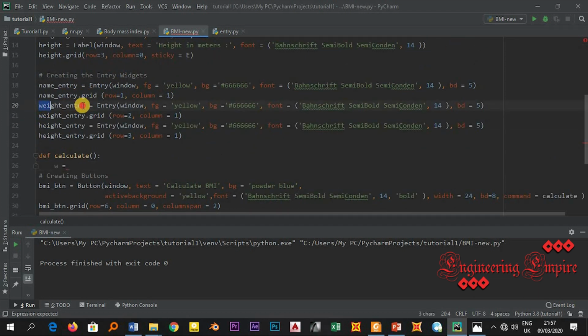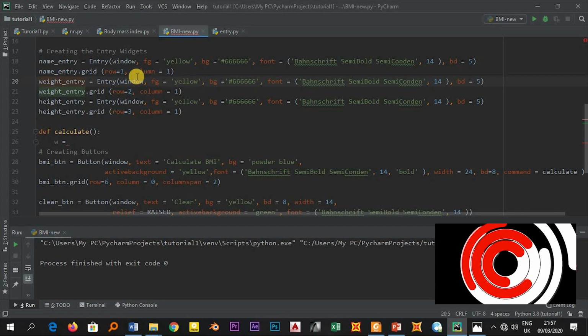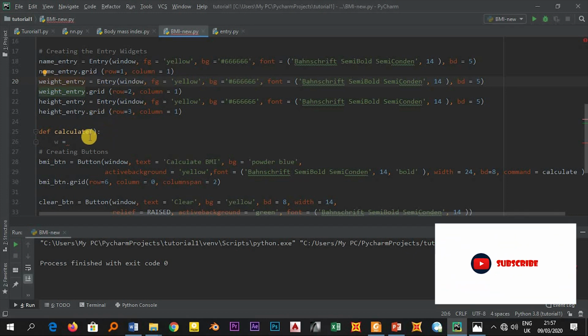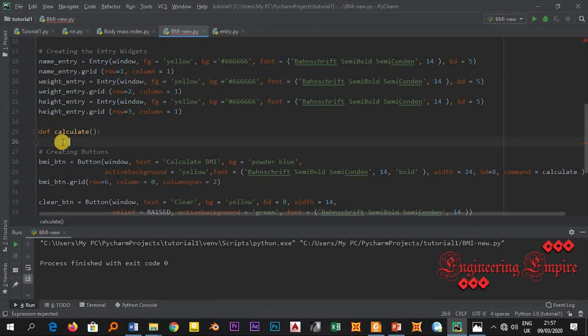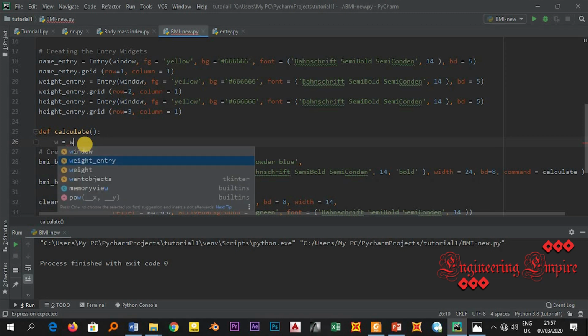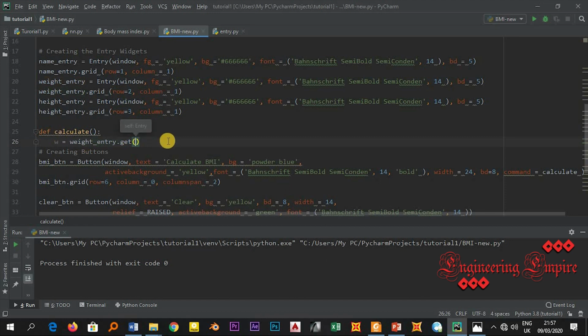weight entry widget. Here, when the person enters a certain value, it will be saved in this variable. This variable will take the input data and save it here, but it will be in a string form. So this string must be changed into a numerical form, most probably by the float type of number. Now w must be equal to the weight entry dot get. Whatever the user enters would be saved in w, but the entry inserted in weight entry will be taken as a string, but w must be a number. So here I will call it float